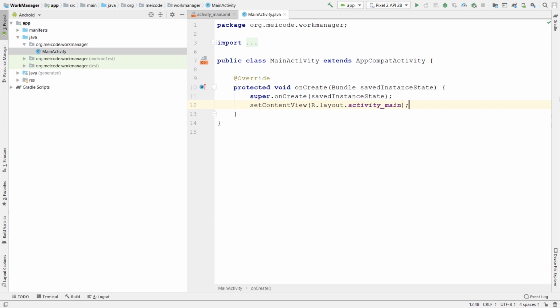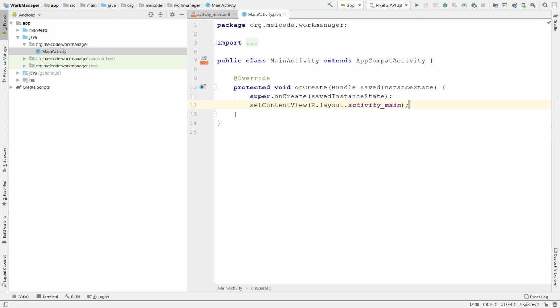In previous videos we have talked about other solutions for handling background tasks in Android. We have talked about async tasks, services, bound and unbound services, and also job schedulers. I will put the link for each one of those videos in case you need to check them. But in this video, we are going to talk about the latest solution for handling background tasks,